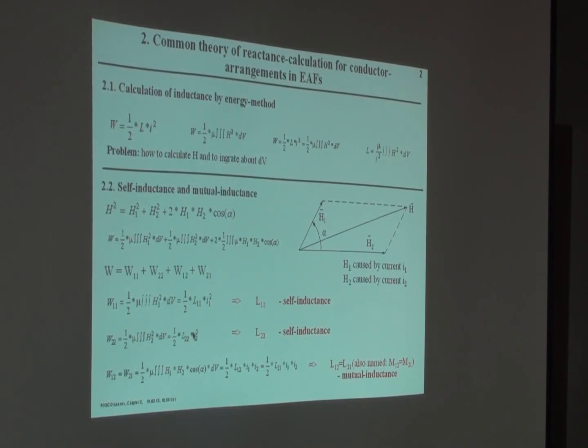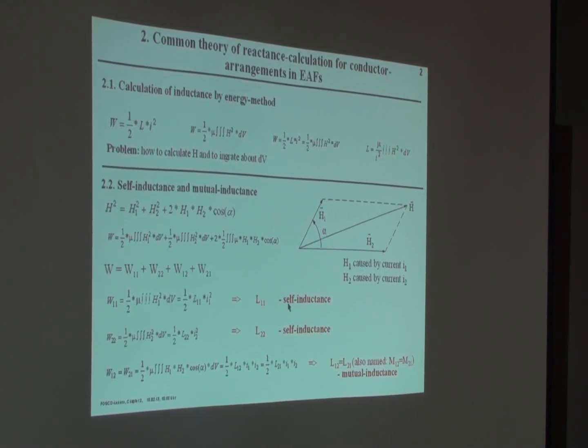And in the energy, this part which is coupled with current 1 and current 2, that is called mutual inductance, or mutual reactance if we multiply it with the angular frequency, 2πf. So we now have to calculate 4 inductances if we have 2 conductors,